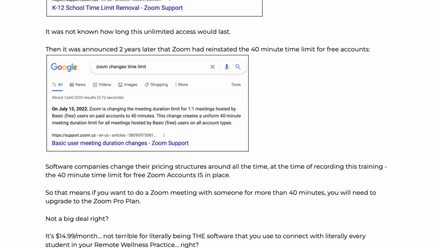Now, unless you want a 40-minute blockage in the middle of your meeting, and then you have to start another meeting and restart from there, you can do that indefinitely. However, it is going to be an inconvenience. Your recording is going to get chopped up and it's not going to be the best thing, right? And so what that means is that you will need to invest in upgrading to a Zoom Pro plan. Not a big deal, right?